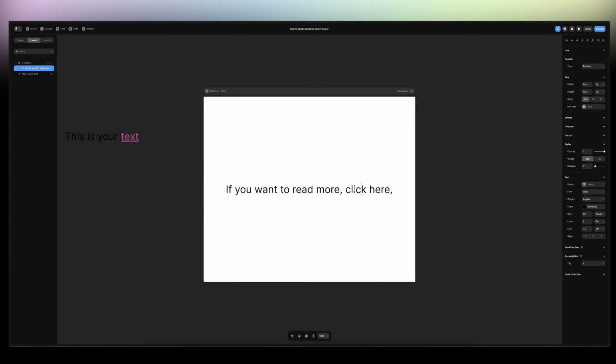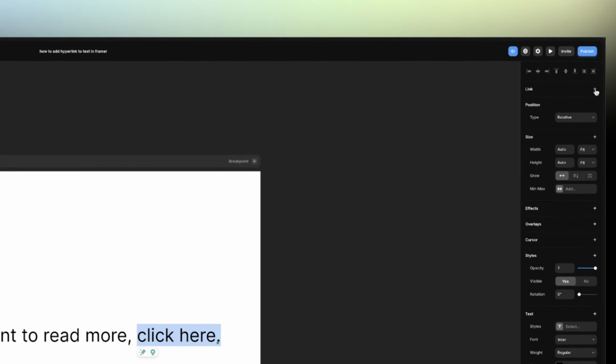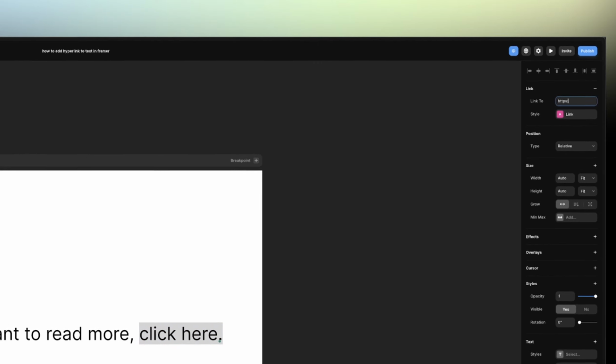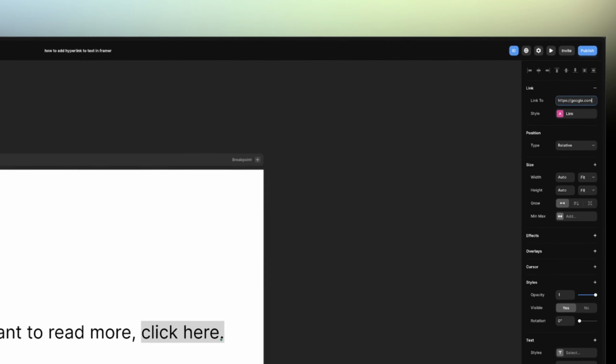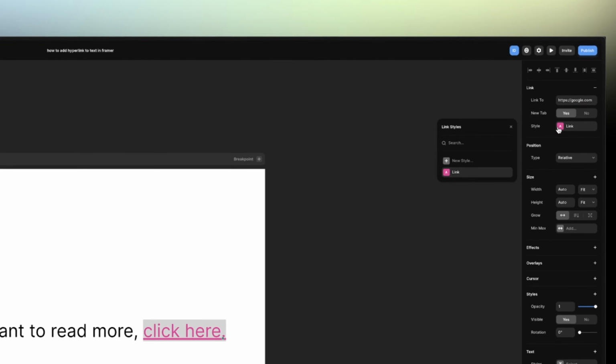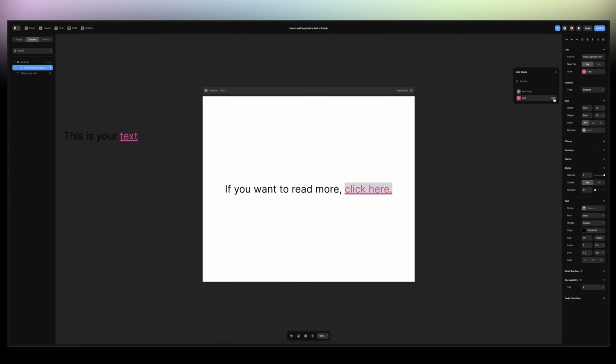You double click on your text, you highlight the words that you want to hyperlink, and then you go on the type right corner, click on the plus sign on link, and then you just type your URL or the page itself. So just Google again,